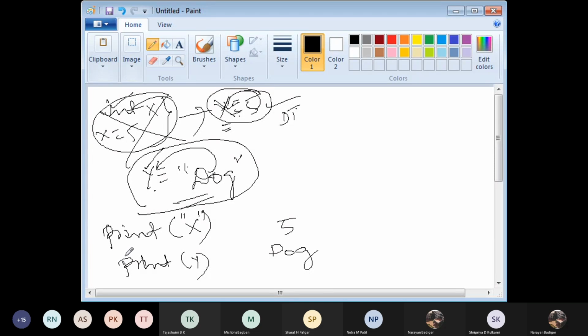What will be the output now? What have I changed? Print x. x is within double quotes. Now what will be the output? x. Yes, instead of phi, it will be printing x. Any change here? Dog. No, it is as it was.